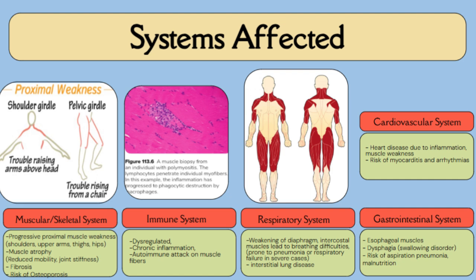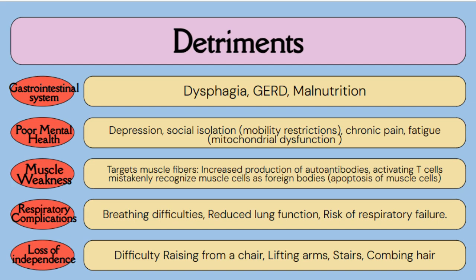In the nervous system, some individuals may experience mild neuropathic symptoms, although polymyositis primarily affects the muscles rather than the nerves. Gastrointestinal system diseases such as dysphagia, GERD, and malnutrition can arise in individuals with PM. Psychological issues can be increased in patients with PM, such as depression and social isolation, which are caused by a decreased ability to move around, chronic pain caused by the atrophy of muscle fibers, and fatigue that comes from mitochondrial